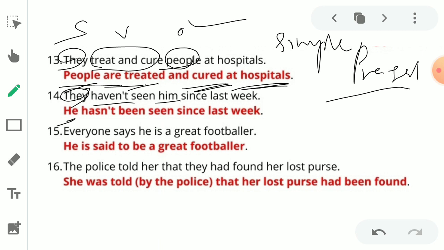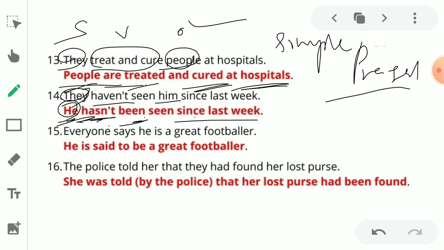You take him, he hasn't, because of third person singular, so you have to write the has form here. Don't write the have form. Have form is used with they, because they is plural, third person plural. But here he is third person singular. That's why he hasn't been. The tense is present perfect, so he hasn't been seen since last